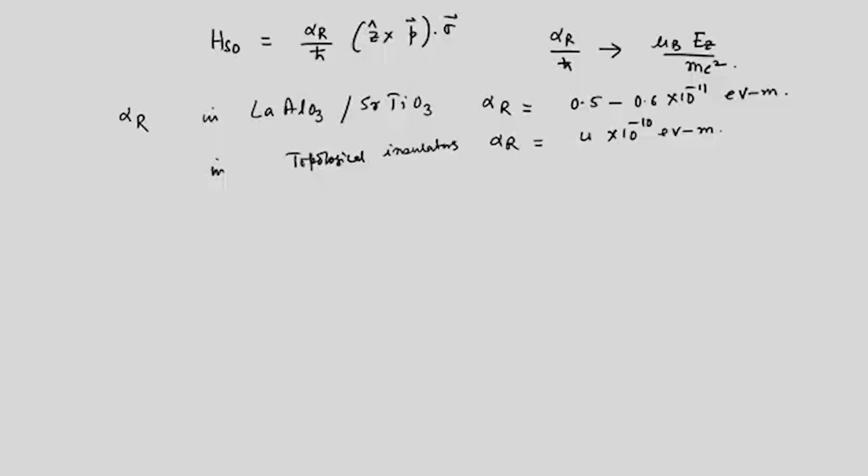However, it still has a fundamental importance in the study of quantum spin Hall insulators and the study of spintronics, which could be next generation devices replacing the electronic devices, for a number of reasons which I do not want to elaborate here, but one of them is that the spins do not undergo Joule heating, they are not scattered by impurities and so on, and hence they could be potential candidates for doing device making. Okay, spintronic device making. So what happens is that in presence of the spin Rashba term,